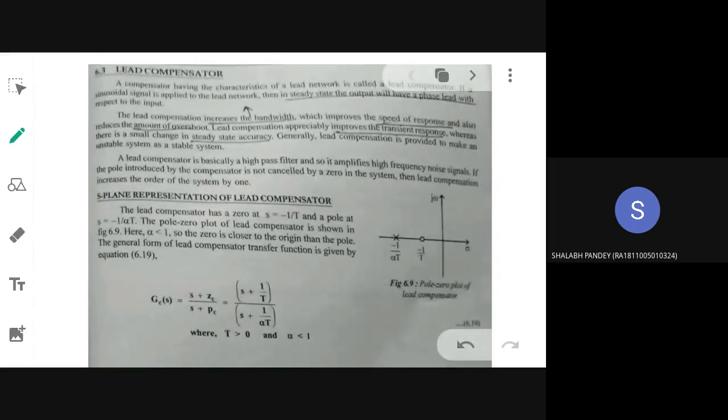So before we solve one problem, again basic theory we need to discuss about a lead compensator. So what are the characteristic features of a lead compensator? Already I have given enough introduction about it. So it is equivalent to what type of filter? Lag compensator is equivalent to low pass filter. What about a lead compensator? High pass filter. Okay. So lead compensator is equivalent to a high pass filter.